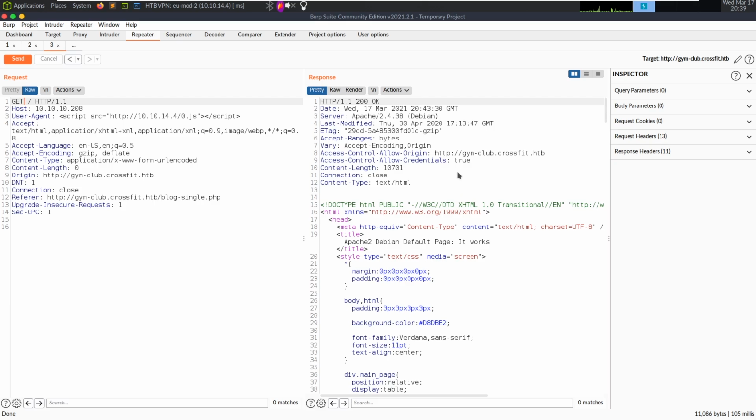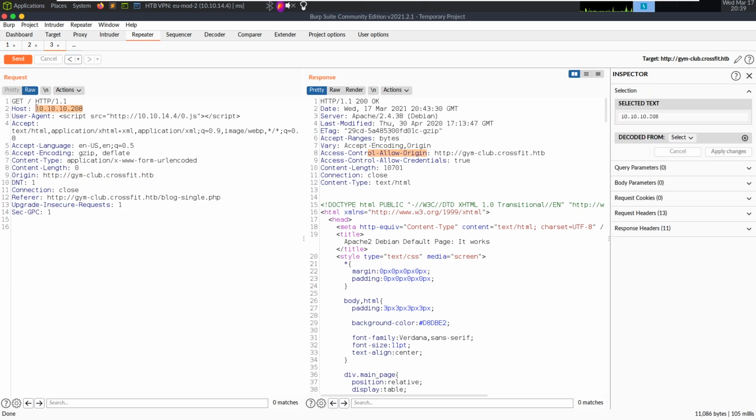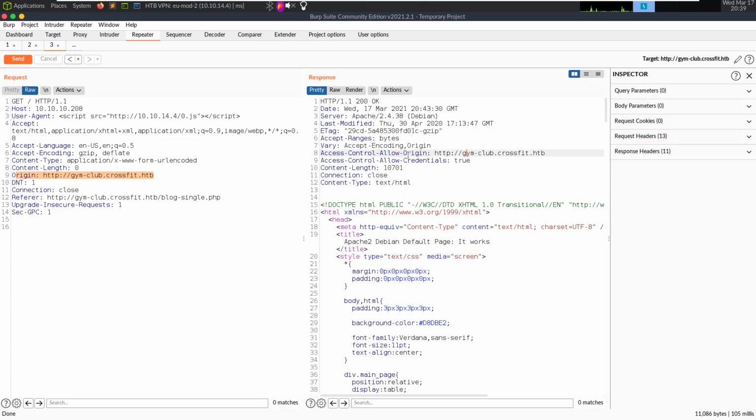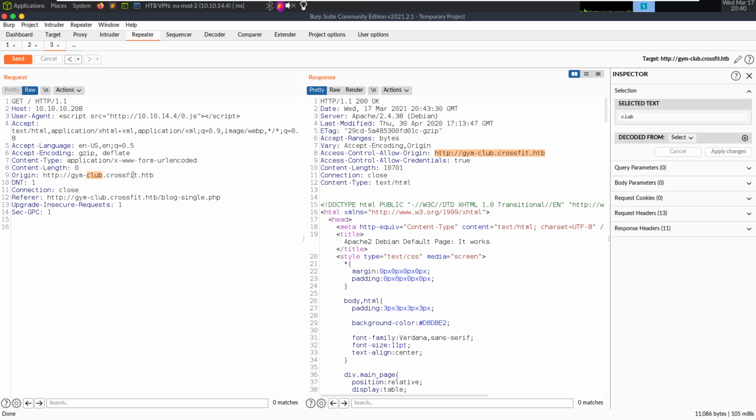But we can see it is allowing, oh, because we have this origin. So even though we did this host 10.10.10.208, because we have this origin set, this Access-Control-Allow-Origin line is set, validating that this is the domain name. So this is something called CORS, and it's just a browser security mechanism. I think it's cross-origin resource sharing. But if we put an invalid name in here,